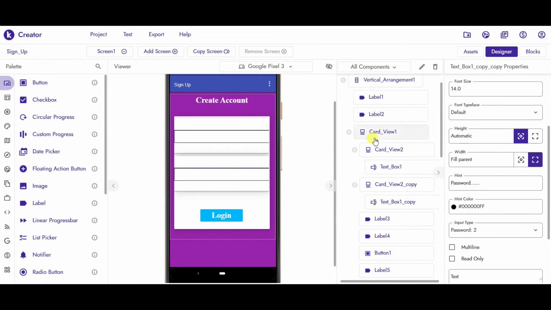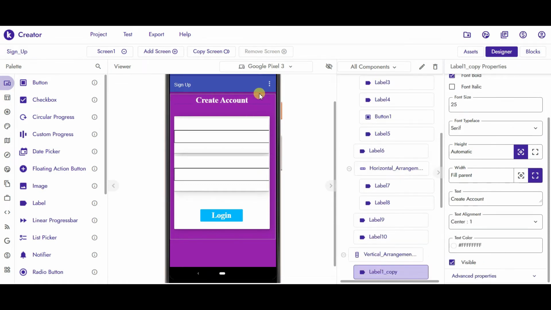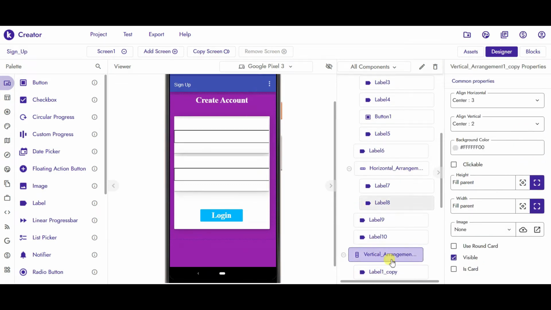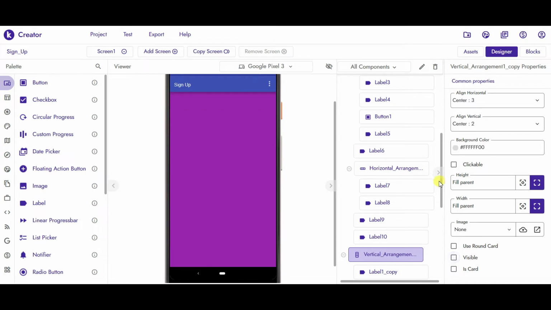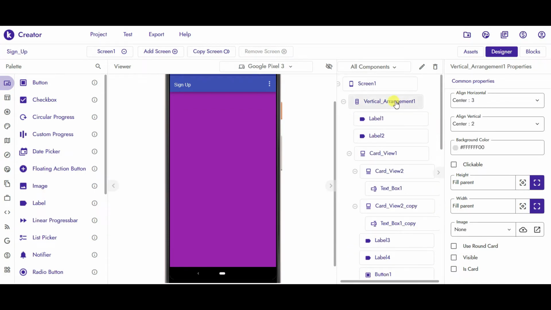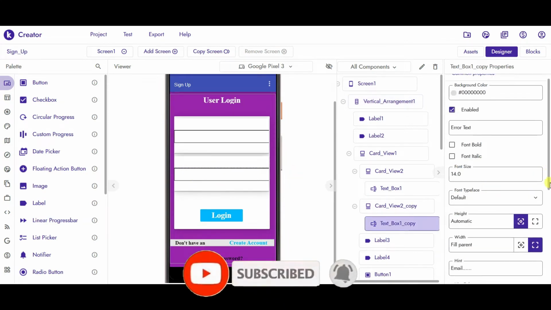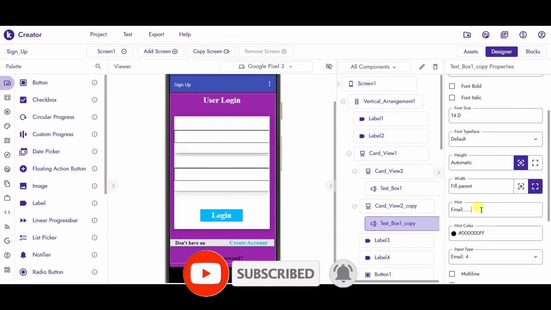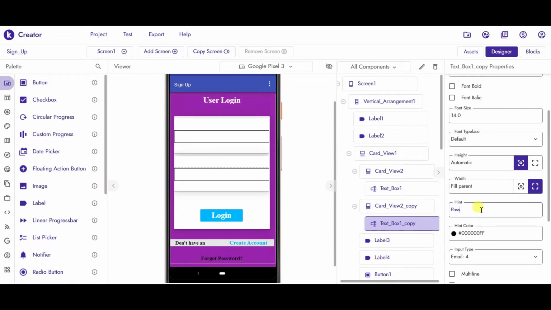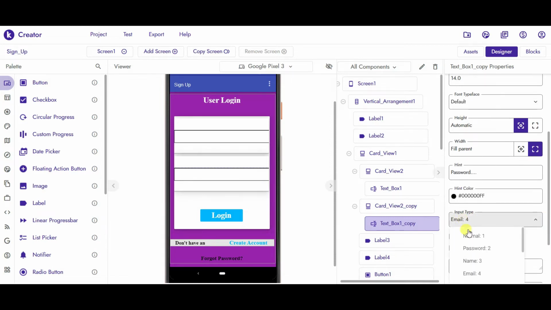Here you can see, just make this vertical arrangement non-visible and make this arrangement visible, and here in this text box make the same change. Input type is password.